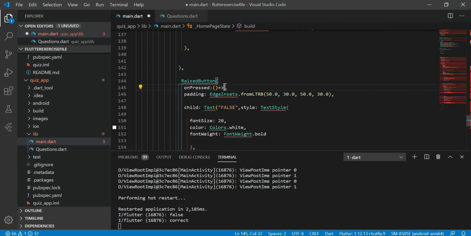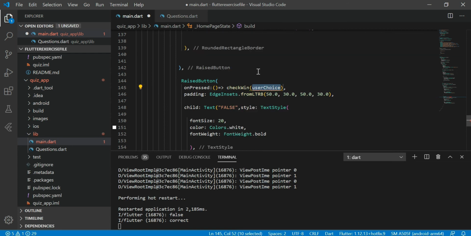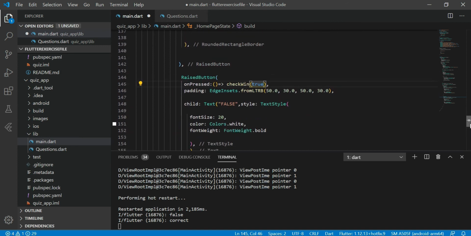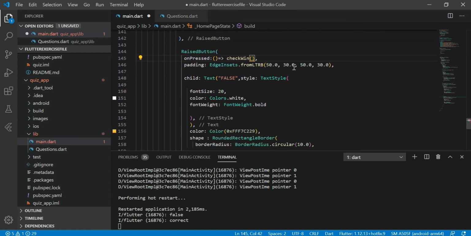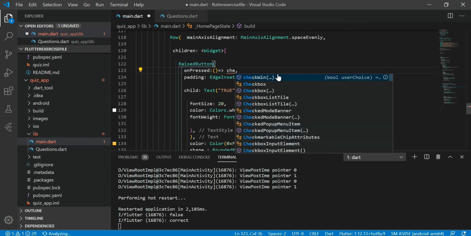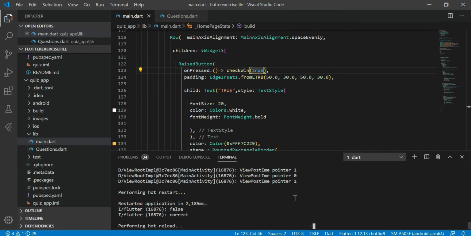Now here we are using our function in the true button so that when we tap on it, it gives us a result whether the answer is true or false. So here, it's for the false button. Here I am using false as userChoice. And here I am using check. Here I am adding userChoice equal to true. If userChoice is equal to true, then the answer is correct.